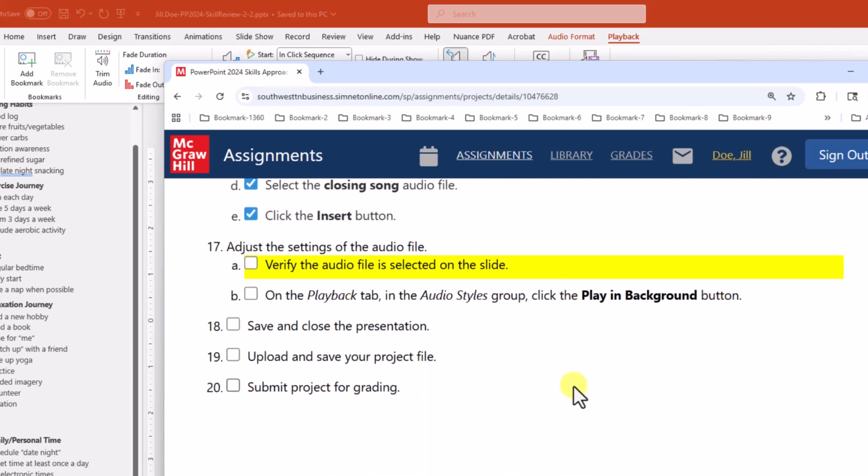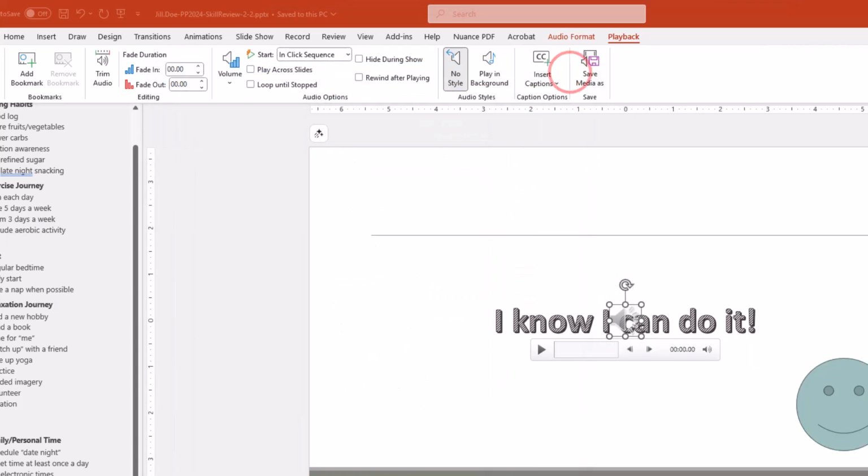On to step 17. Verify the audio file is selected and we want it to play in the background. This is very cool. Now, I want to point this out. We are on the very last slide. So it's going to play for this last slide, and when we exit the presentation, it's going to stop. What if we put this on the first slide? We could have music playing through our whole slideshow presentation, and that can be a fun thing to do. So they're putting it on the last one, but just think of the possibilities of things you can do in